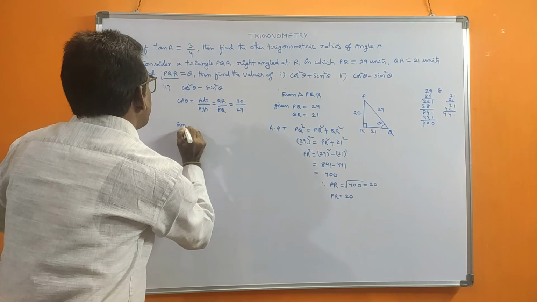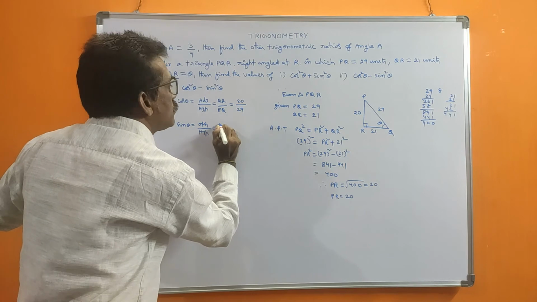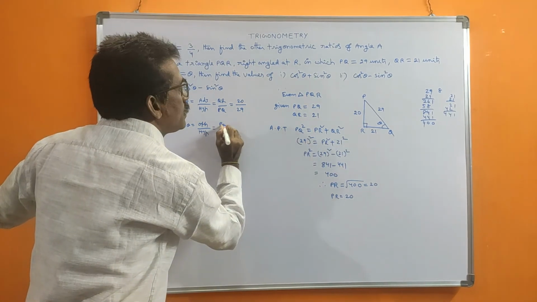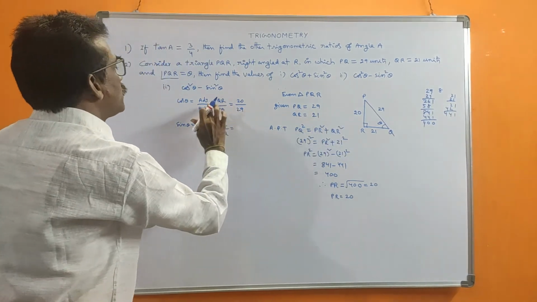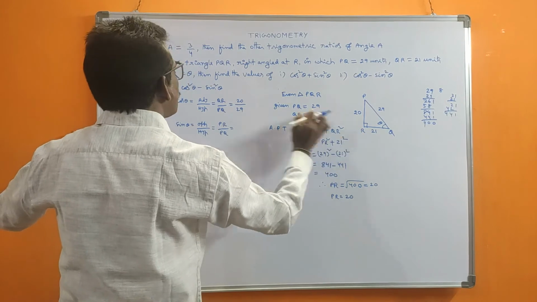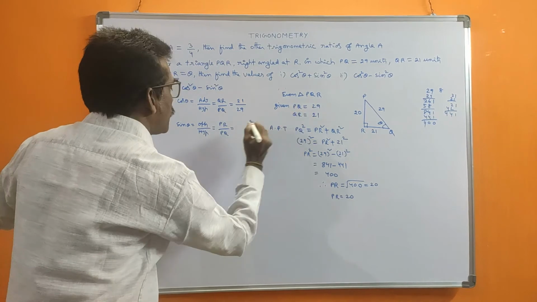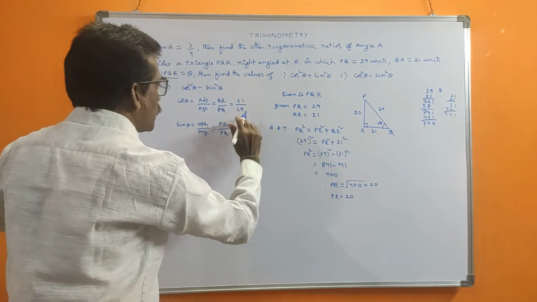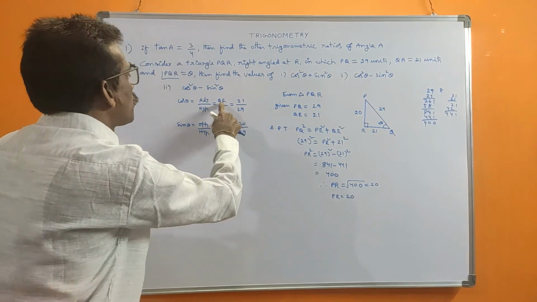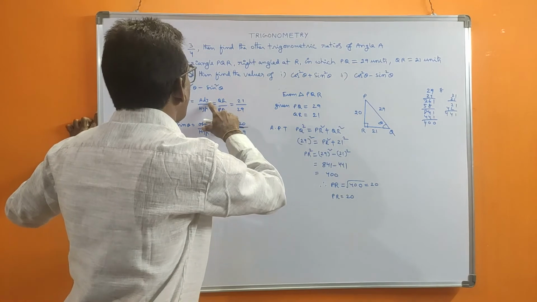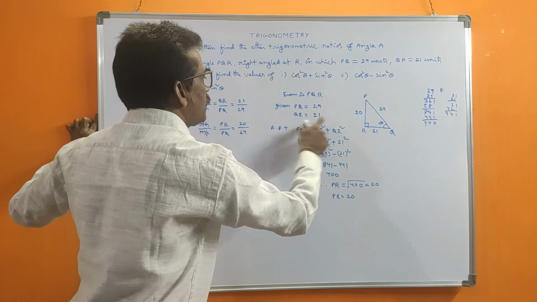So sin theta is equal to opposite side by hypotenuse. That is, for this, opposite side is PR by hypotenuse PQ. PR value is, so this is adjacent side. For this, what is the adjacent side? QR. QR is not 20, sorry. Here PR is 20. You should check those values properly. If you write wrong, the problem will be wrong. So the adjacent side is QR only, that's why 21 by 29. Here the opposite side is for sin.